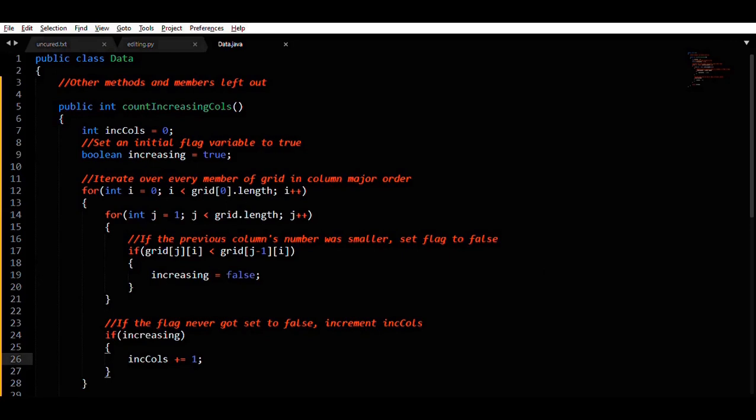You're setting an initial flag variable to true. You're iterating over every member of the grid in column major order, so your outer loop is grid[0].length and your inner loop is grid.length, and you're starting the j at 1 because you're looking at if the previous